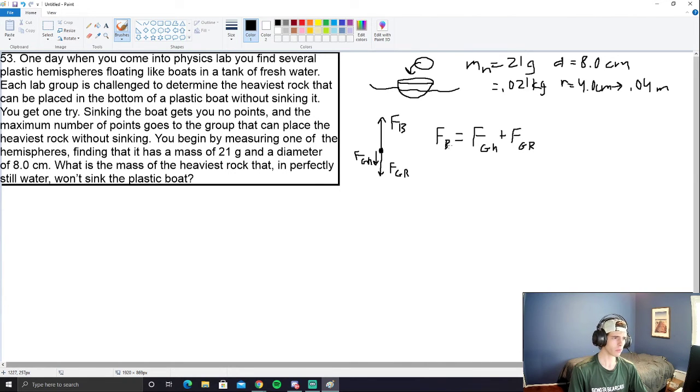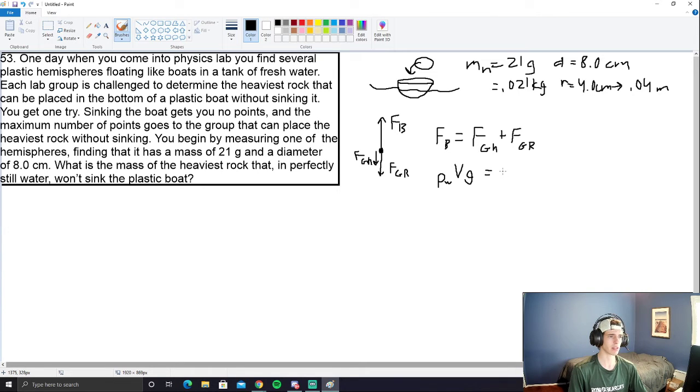Remember that the force of buoyancy is just the density of the fluid, in this case it's water, and then the volume that the object is taking up, in this case it's a hemisphere, and also it's times the gravitational constant, just g, and that's equal to